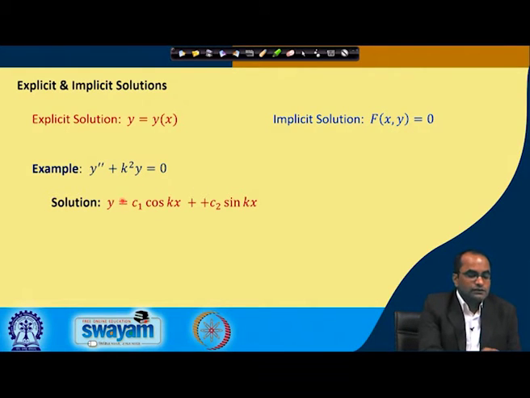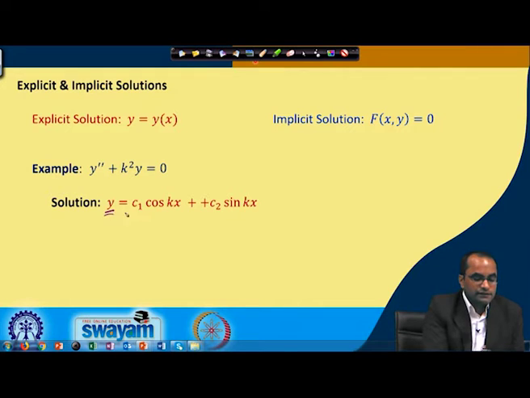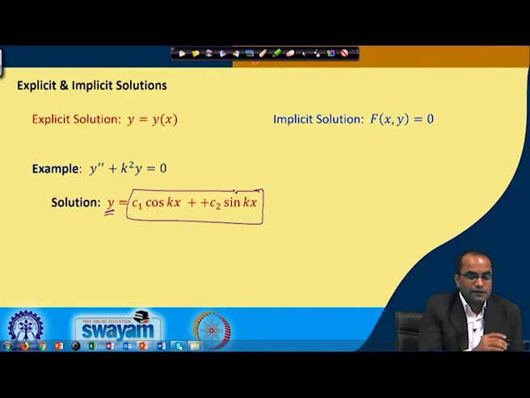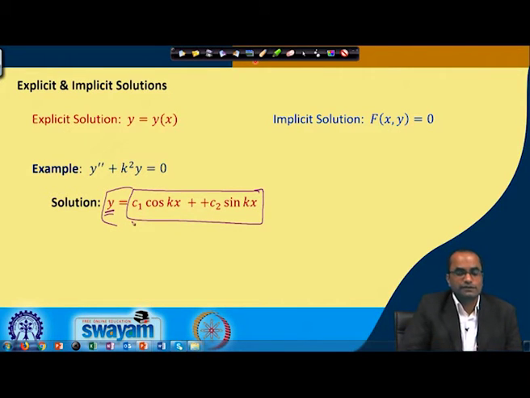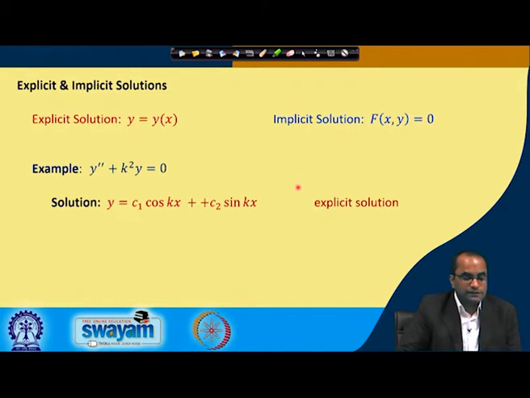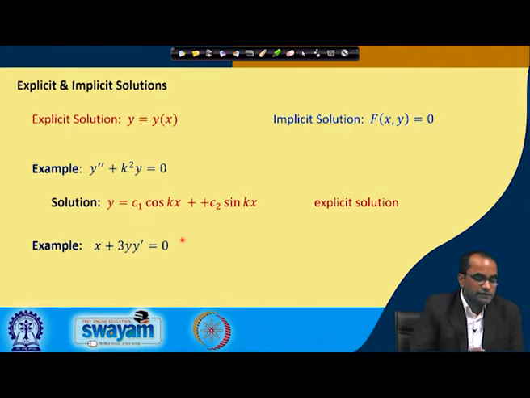This is indeed a solution, because this will satisfy the given differential equation. But what else do we observe here, that this is the explicit solution, because this y is given in terms of x. The right hand side here is a function of x. So, this is then an explicit solution, y is stated in terms of x. And now, for the implicit solution, so this is the explicit solution, and there is another example where x plus 3